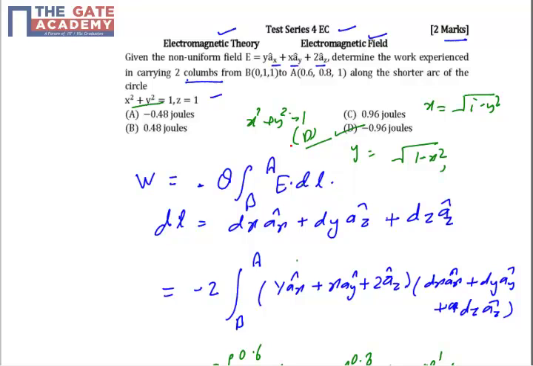Work done in the minus means that actually you are not doing work. The system has done the work on you. Actually you are getting the energy. Okay, because of the path traveled by you, you are going towards the source, so you are actually getting energy instead of supplying energy; the system is providing energy to you. Okay, so that's the significance of the minus sign here. Okay, thank you.